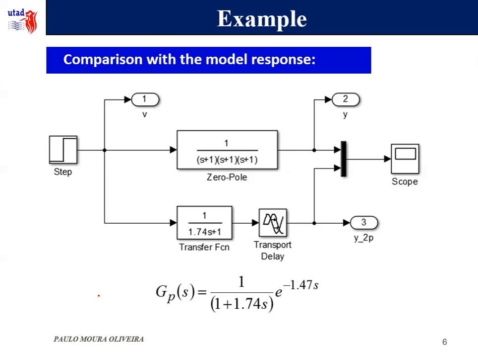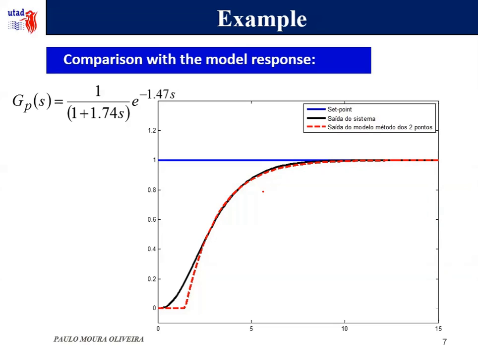We can do a simulation, for instance using a Simulink model, applying a unit step both to the third order pole model and to the model that we identified with the 2-point method. Comparing the responses, in blue we have the step applied at 0, in black the system output, and in dashed red the model output. We still have an error here, but